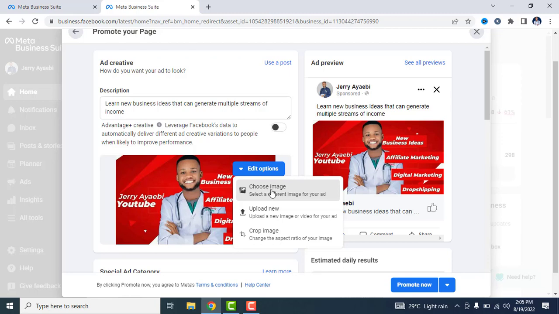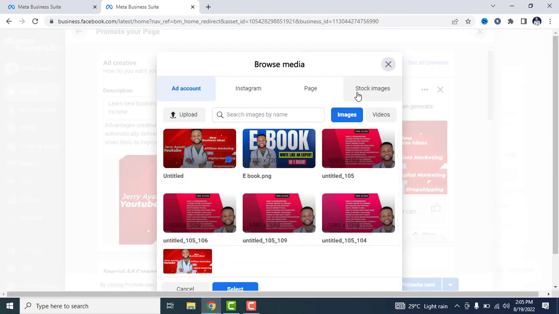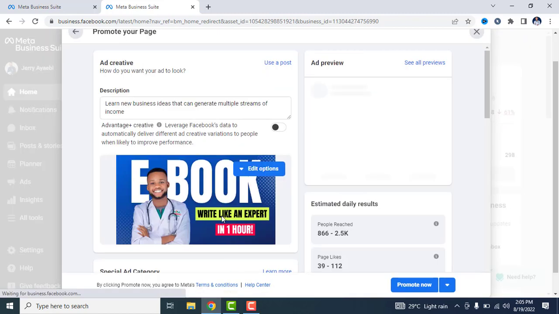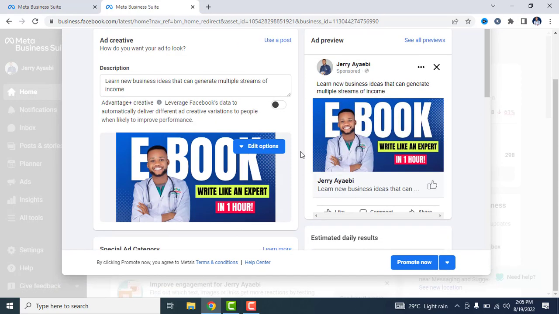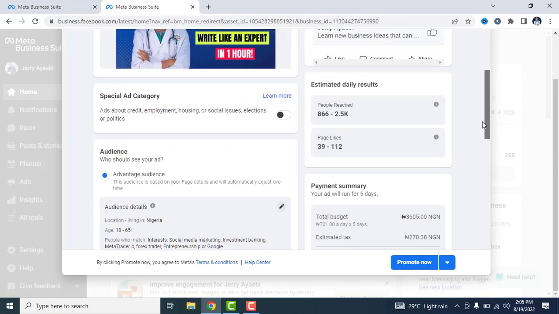Then you can choose the image you want. It takes you to your gallery. This was the image I used the other time. Select. So here it is. You choose the image you want, then you go down. Then the next thing you want to do is to